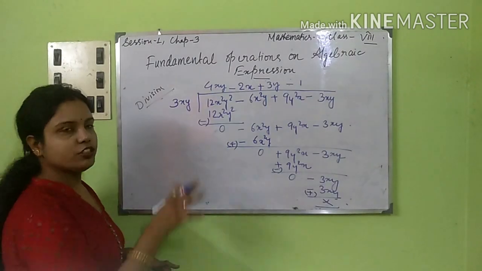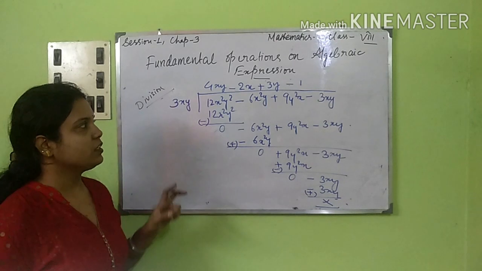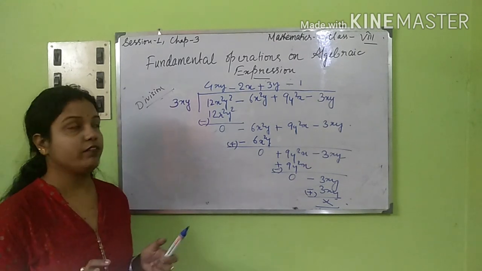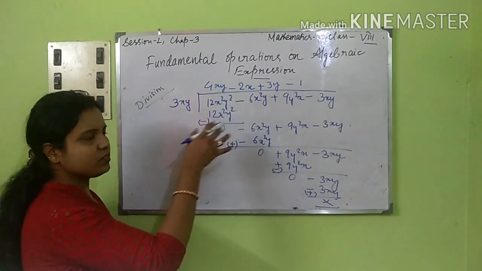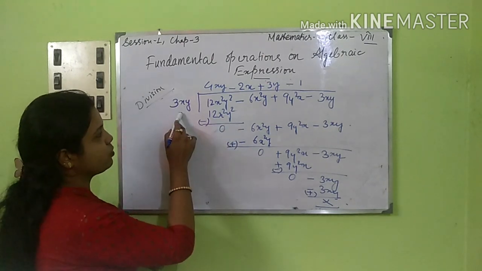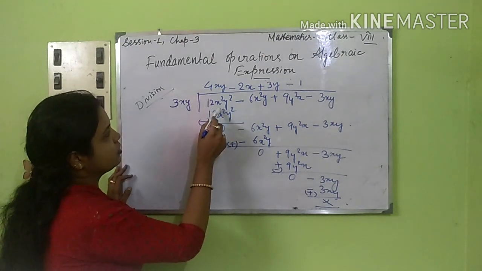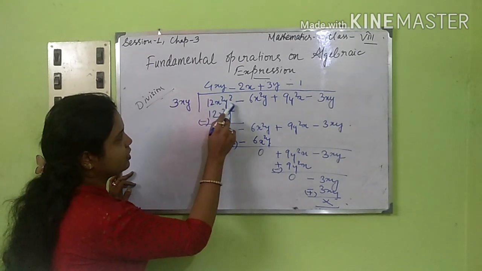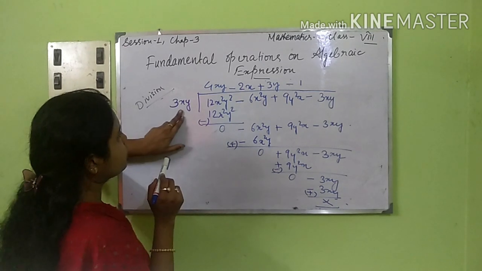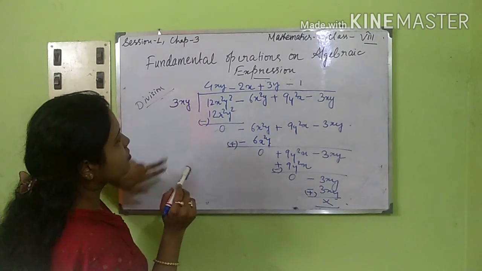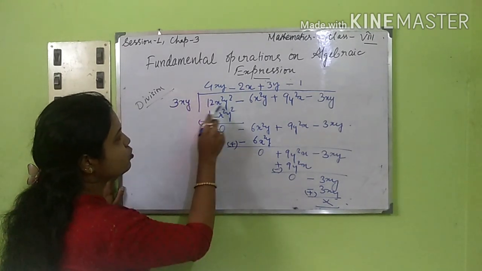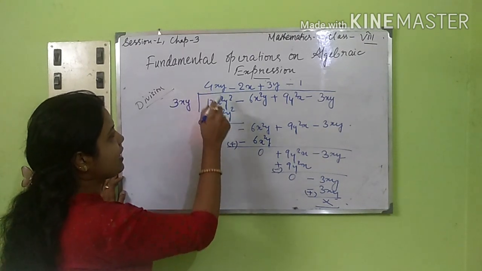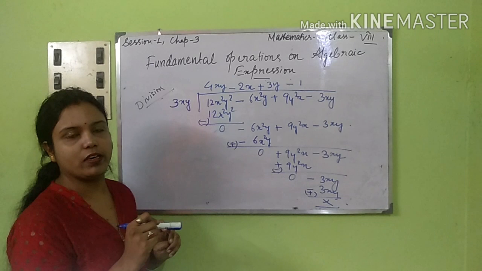Next, this division you already know, right? Because we do divisions in this manner only. Only the thing is, there are variables in it. Now, I have used the same terms. 3xy, 3 4s are 12, right? So here the term was x²y, and here it was xy. So with which term do you multiply to get 12x²y²? That means you have to multiply with 4xy to get 12x²y².